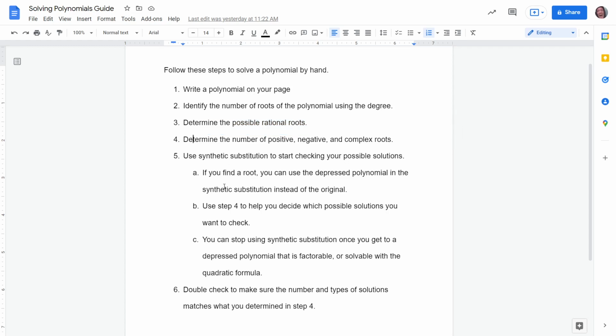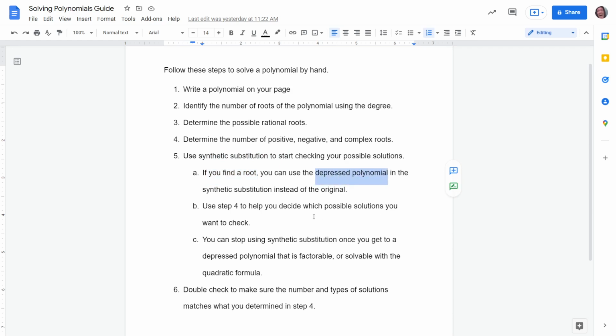Okay, all the first four steps are your planning routine. You're just trying to organize your thoughts about it, get everything going. Step five is where you actually start solving. You're going to use synthetic substitution because it's a quick way, combined with the factor theorem, to find factors of polynomials. So you're just going to be looking at your possible rational roots and plugging them into synthetic substitution over and over and over again. Just boom, boom, boom, trying to get through them as quickly as you can. Because whenever you find a root, remember that's when the remainder is zero,